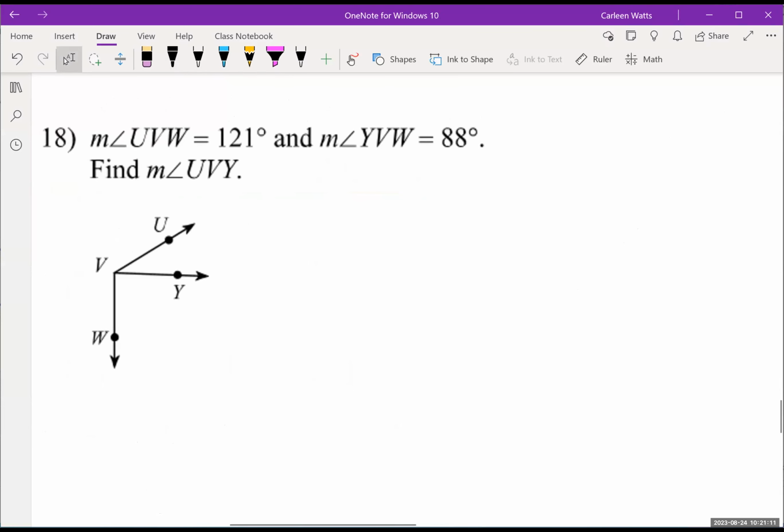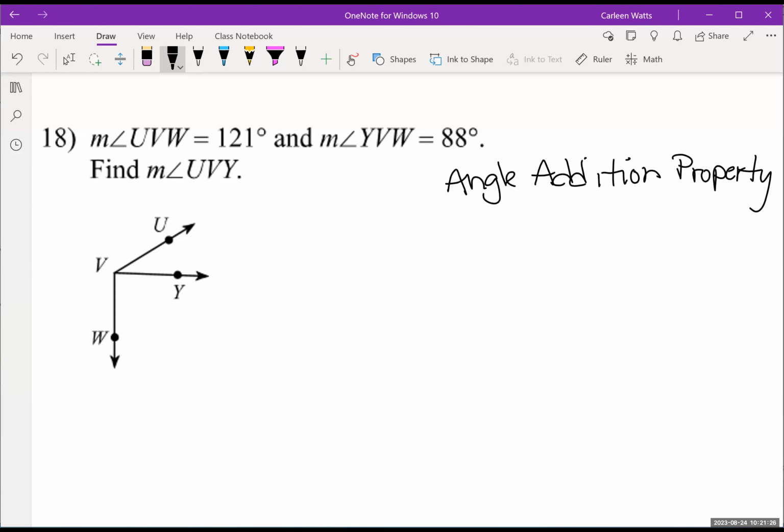18. Okay, this is called the angle addition property. Measure of angle